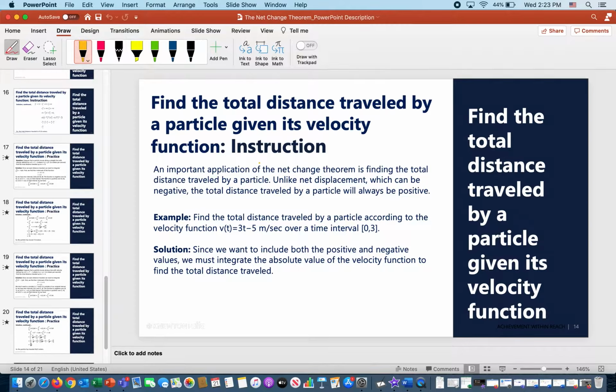So one thing that we want to take a look at is finding the total distance traveled by a particle that is in motion. Is it a little bit different than net displacement? The net displacement can be negative, but the total distance traveled is always positive. So what that means for us is that as we analyze our situations,